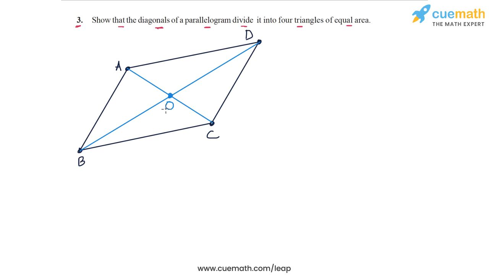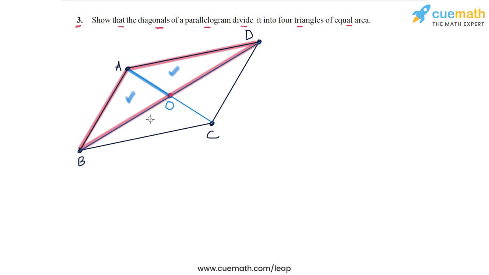We will make use of the fact that the diagonals of any parallelogram bisect each other. So O, this point of intersection of the diagonals, is the midpoint of the diagonal AC as well as the diagonal BD. So this means, for example, that if we consider the triangle ABD, in this triangle AO is the median. So the median is AO. So AO will divide ABD into 2 parts of equal area. So this triangle and this triangle have equal areas.